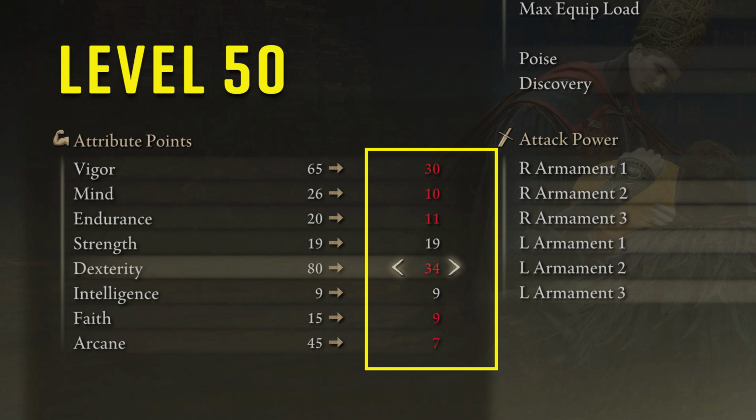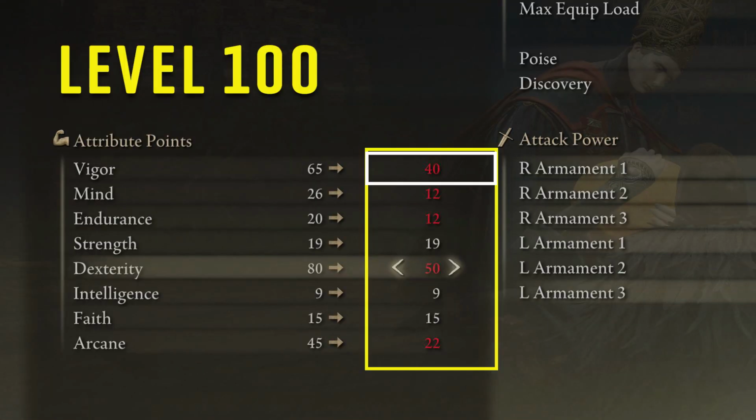So for this level 50 character, you won't have the Morgott Cursed Greatsword. What you can do is farm 2 Omen Cleavers to use as weapons while you get the Morgott sword. For a level 100 character, the attribute spread looks like this. Vigor at 40, keep with the high HP pool, Mind at 12, Endurance at 12, no more points in Strength since we met the requirements for Omen Cleaver and the Morgott Curse Sword,